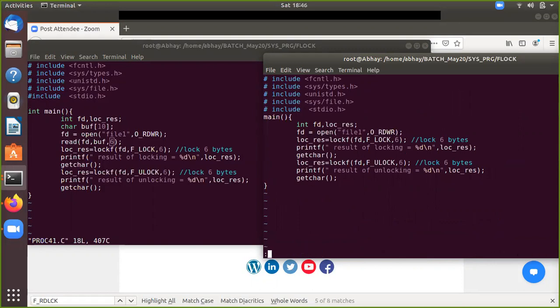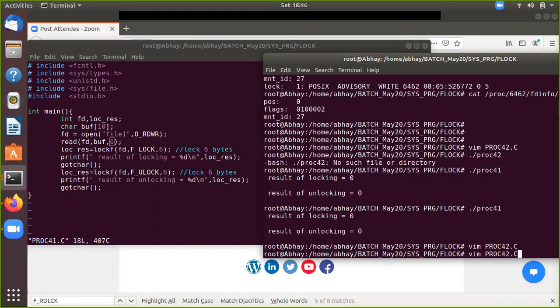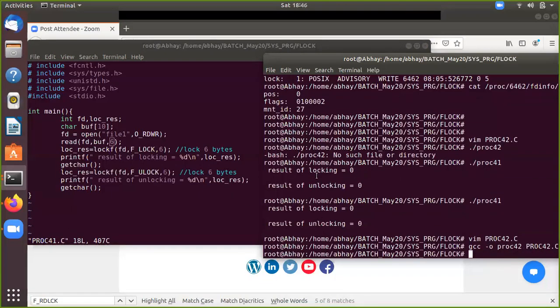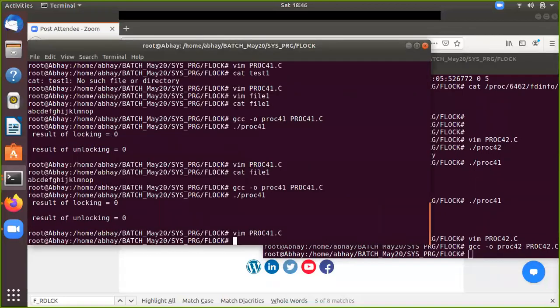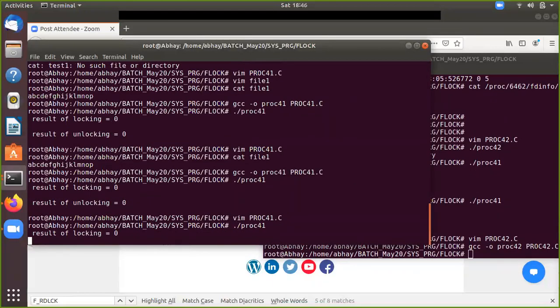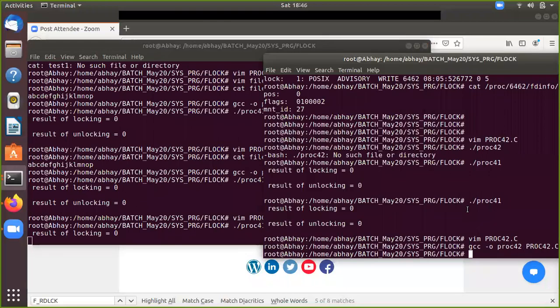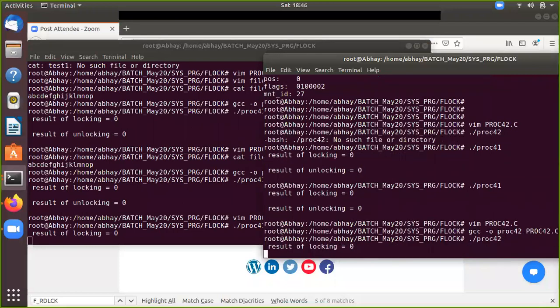Okay. Now GCC proc42. Let's run this. And you see this, right?